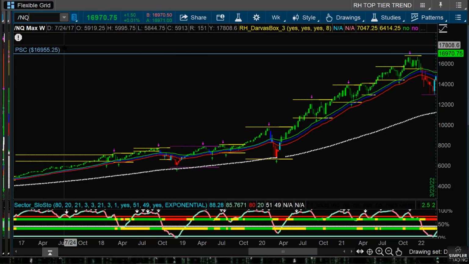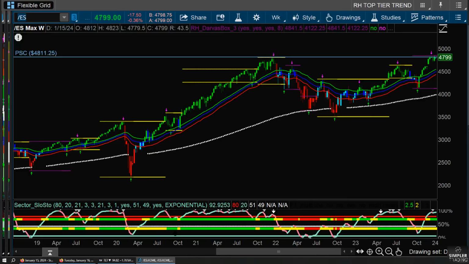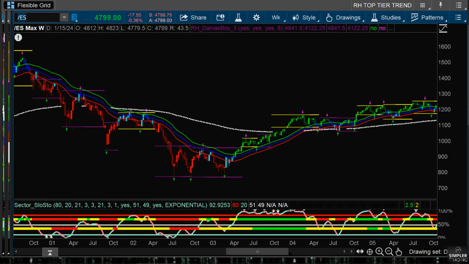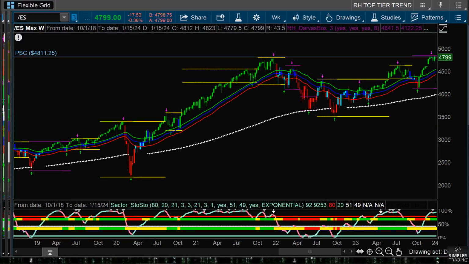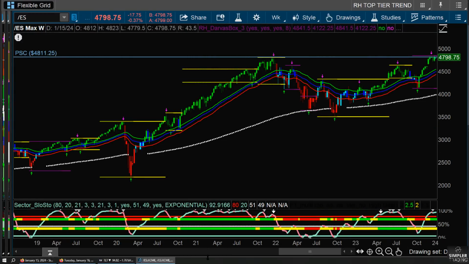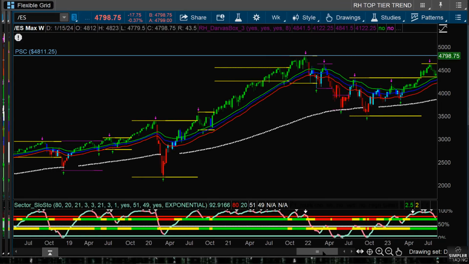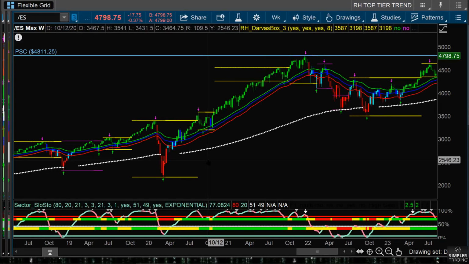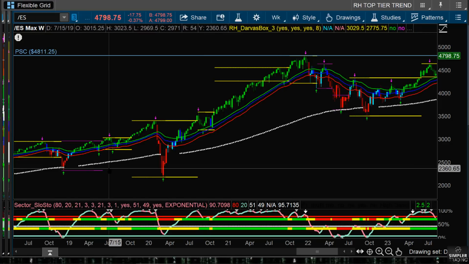And I'm going to go to the ES just for comparison's sake, so we're not just on the NQ. Here we go, let it populate there. So let's go back to 2019. And this little dip here was huge because Jerome decided to ignore expectations that they were going to pause. Now, up until that point, and that was a pure panic because the Federal Reserve was not responding to what traders and investors were calibrating to, which was pausing the rate hikes. And in fact, what he did instead was another 0.25 point hike. Q1 of 2019, the floor fell out from under all of us in terms of support, buying demand in equities.